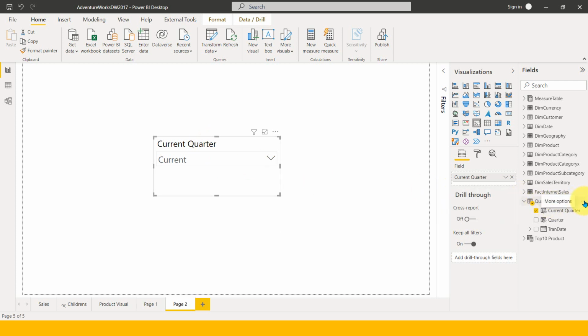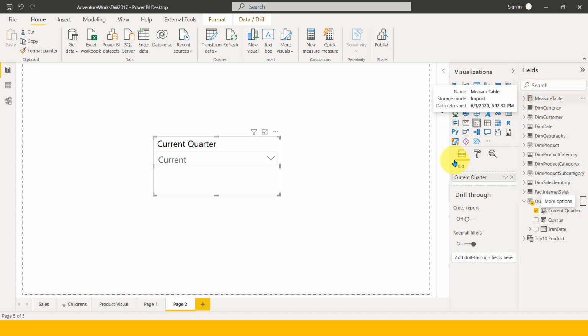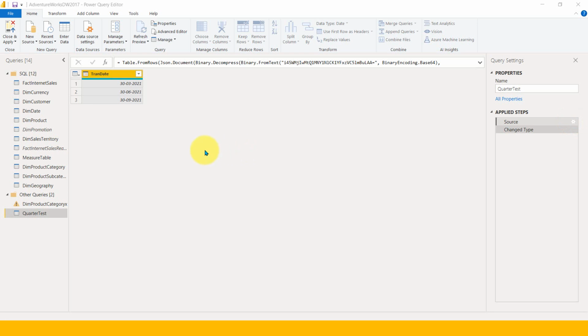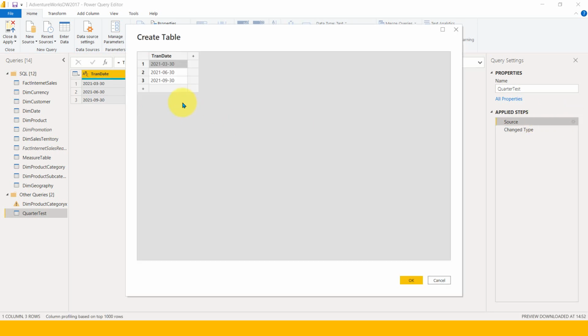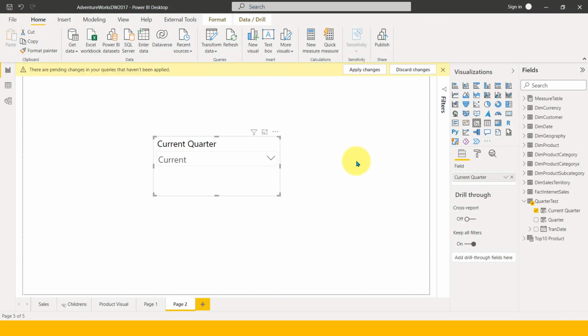Just to try it out, I'm going to click here and edit queries. I'm going to add one more value onto this table. Okay, this has opened the Power Query editor. Now I'm going to the source here. I'm going to add one more data row, which is 2021, 12, and 31. Click OK here and then close and apply. It is applying the changes here. Click on apply. Now I have not changed anything on the slicer here, right?